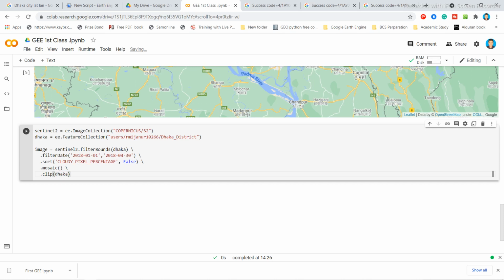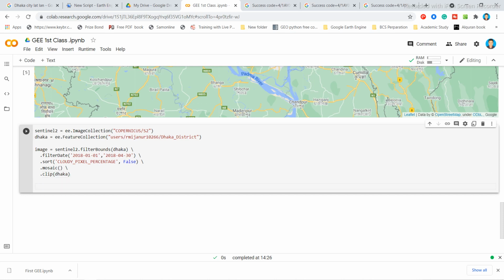So if you want, you can use the true color bands or other color bands. So how can you do this? Now you want to show this true color composite or your visualization, how can we do this? You can use another variable. This variable name is true color, or you can write any variable name as your choice. Okay, so here I use true color,